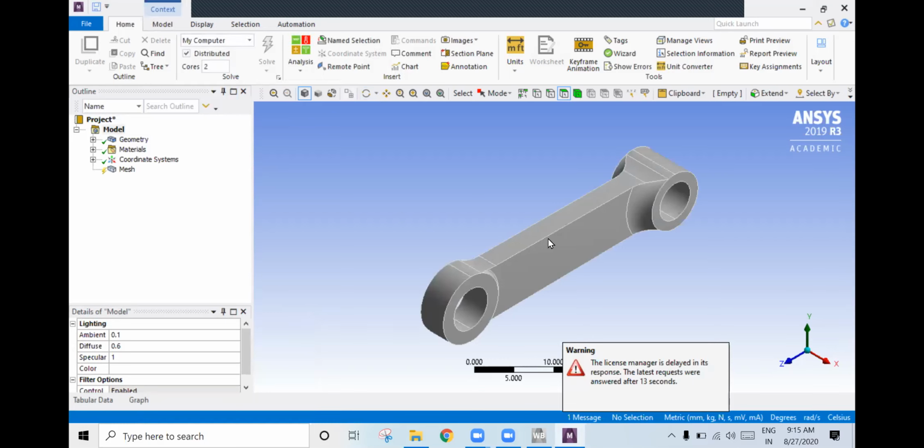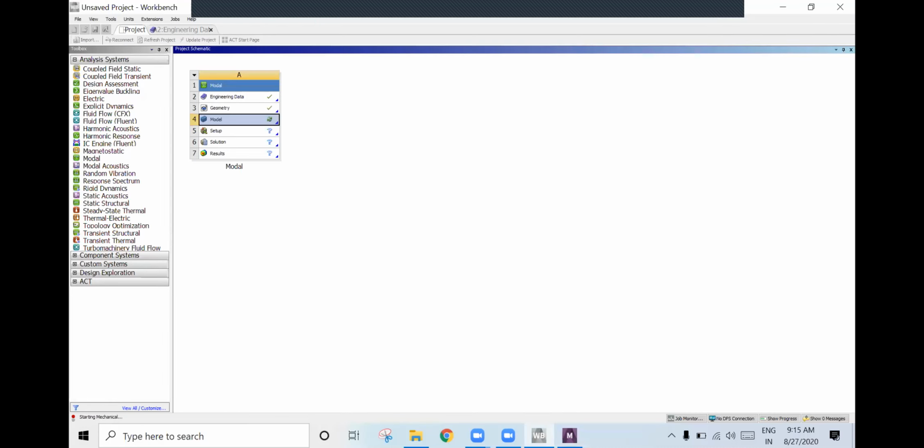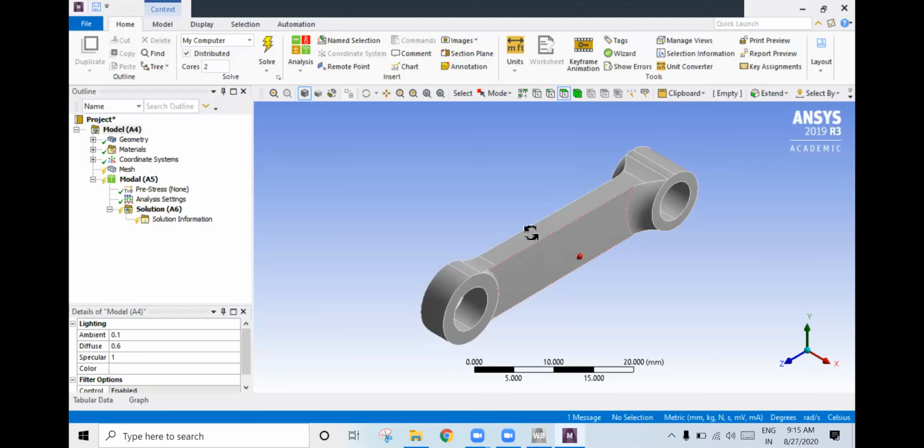Still, this is the model. Still importing. Yeah, we have done it.